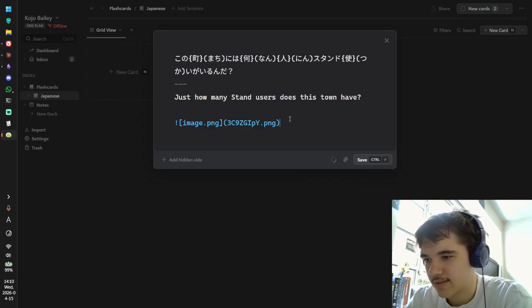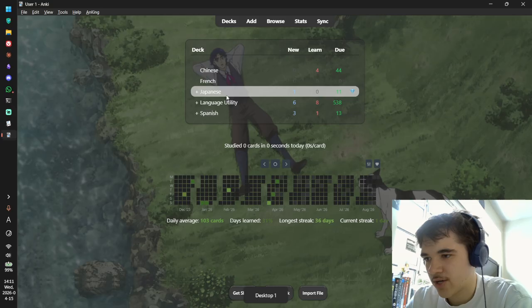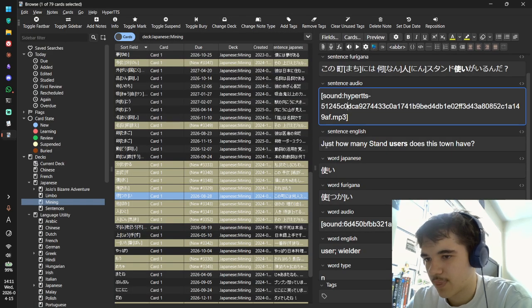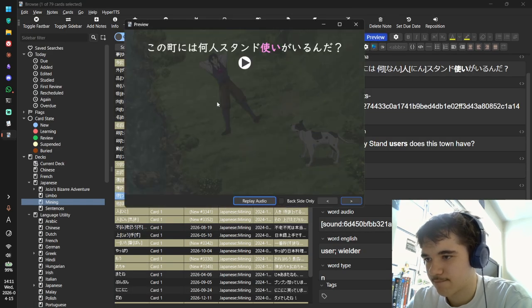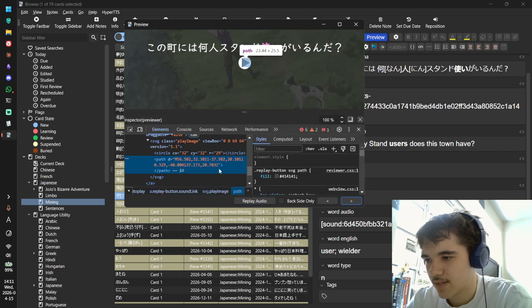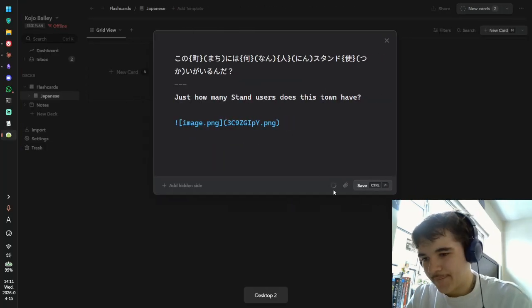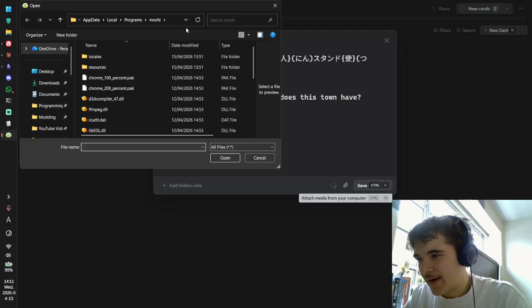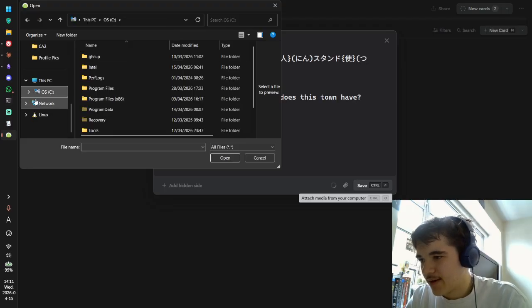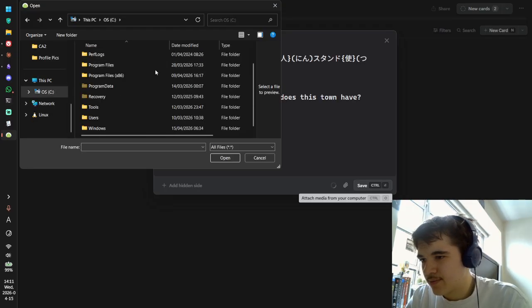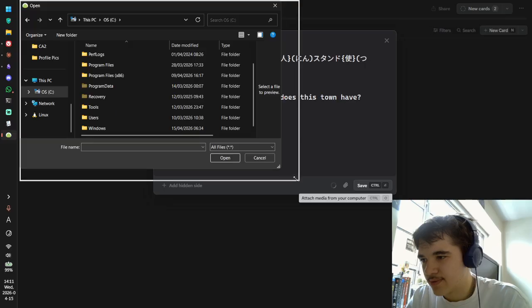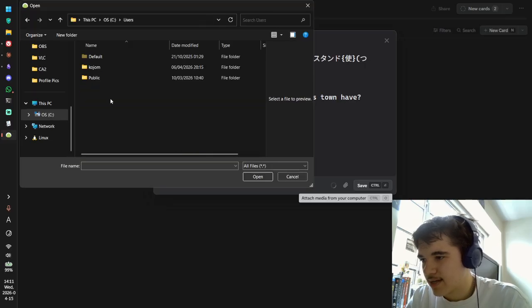Attachments are like this. Let's see if I can copy the audio. この町には何人スタンド使いがいるんだ。 I mean, this is from a local file anyway. So I don't know how to add this right now. Either way, I would use the premium plan to add it automatically, but